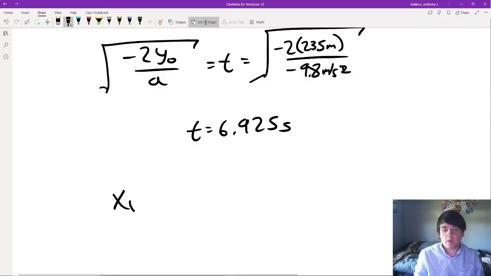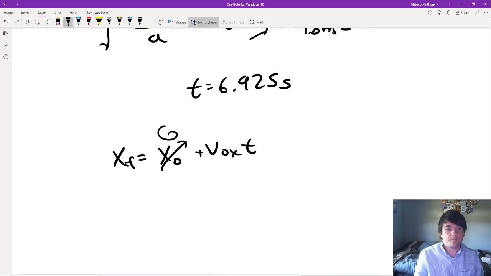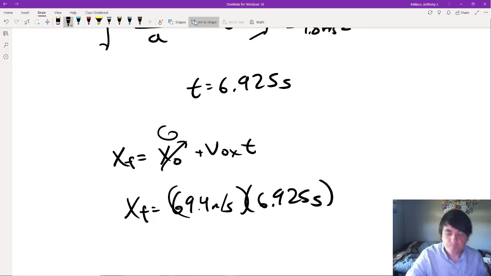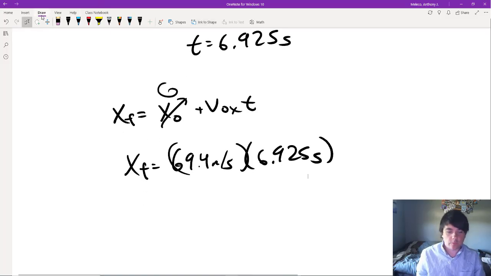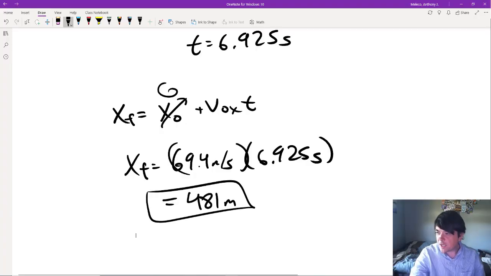And so x final due to that will be 69.4 times the time. All right, cool. So not a long example. You just do what we did in the first example. So that's 481 meters. All right. But now,